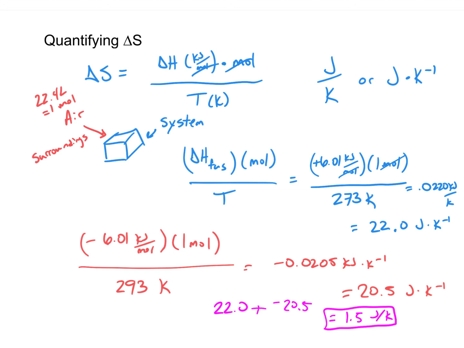It can be 0 or it can be positive. And in this case, since the ice is melting, it's positive, 1.5 joules per Kelvin. Now, very rarely, or only in specific circumstances, would you be expected to calculate the entropy of a system, surroundings, or entropy of the universe situation. But usually, you'll simply be asked to tell the sign of the entropy. In other words, is what's happening becoming more disordered, meaning positive entropy, or less disordered, negative entropy?